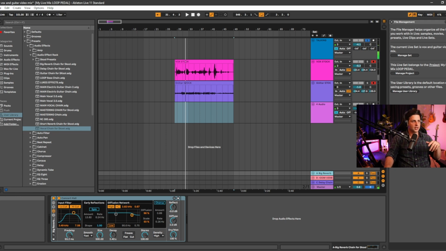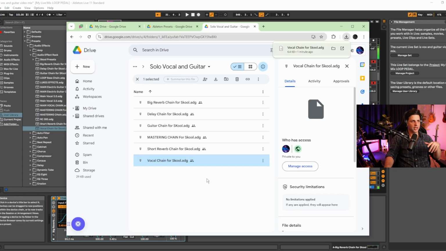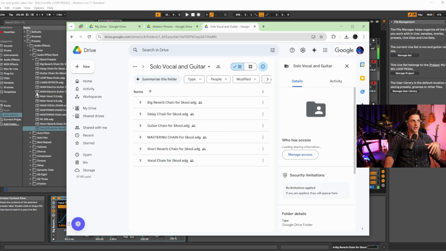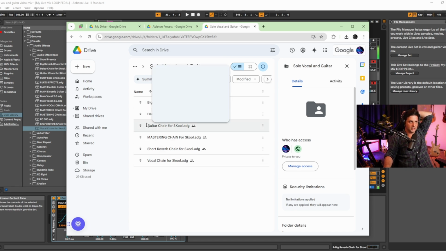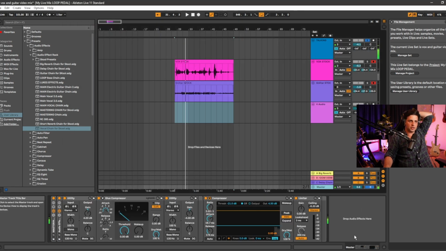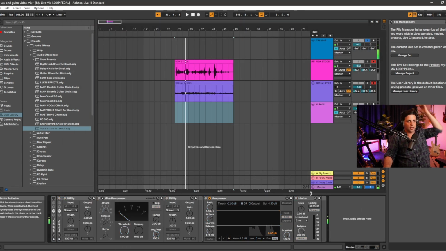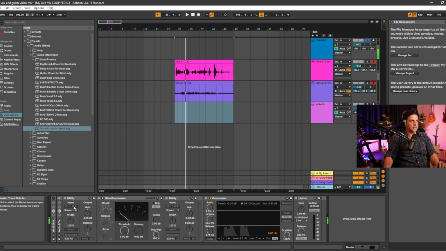Ideally, I would just get this folder and drag the folder in. You can drag them in one by one, or you can drag in the folder, but basically go to your reverb track, move the short reverb in, go to your long reverb, put your long reverb in, go to your delay chain, guitar chain, mastering, make sure you go to the master chain. And with all of these tracks,